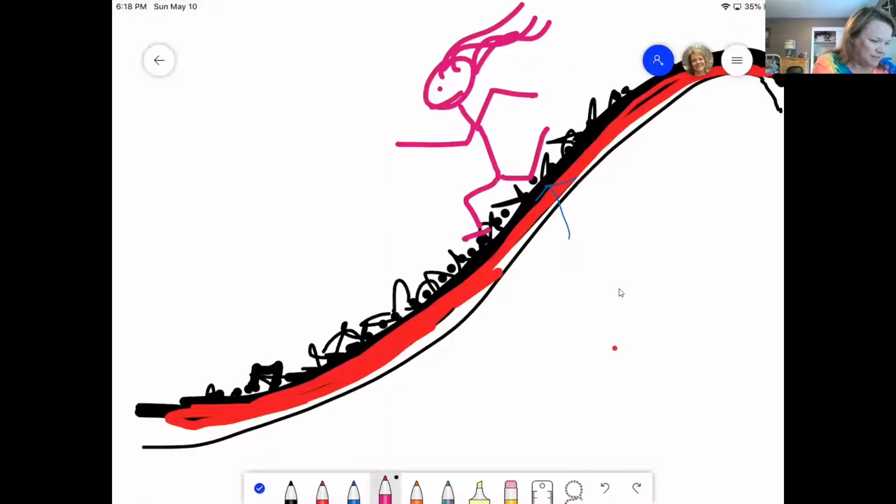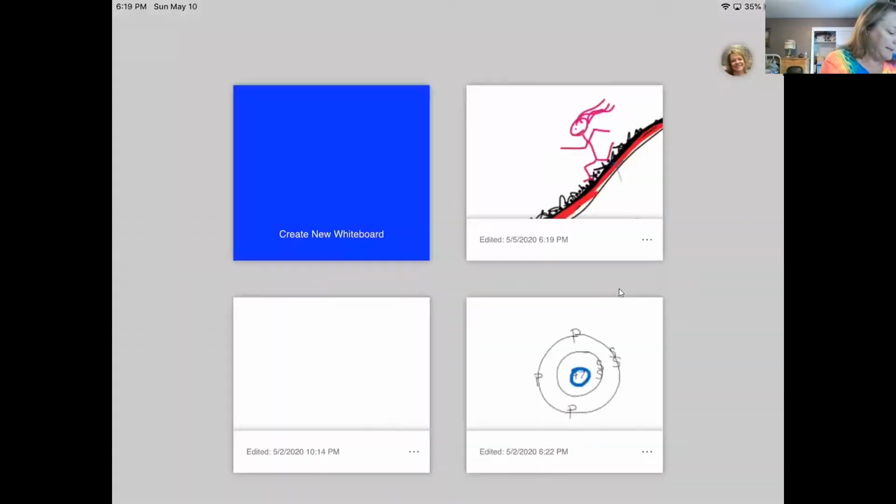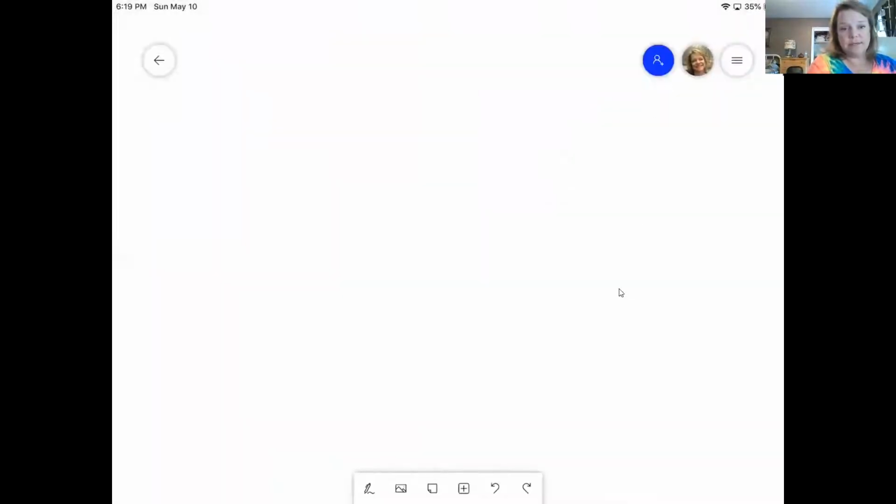So let's say, just as a review, if I can get my whiteboard on my iPad to work, oh, that's a drawing I did for integrated science. That's somebody running down a mountainside that is covered in lava. You don't need to know about that. Anywho, let's create a new whiteboard. All right, so